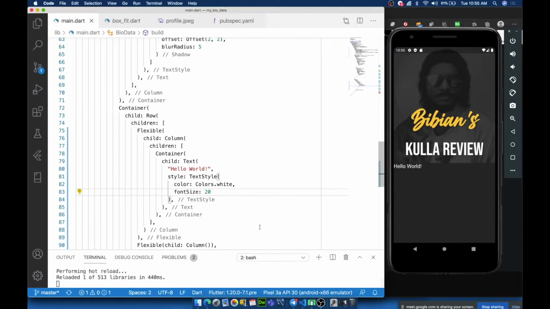Better. Maybe I can increase the size to 30. Yeah. Let me know when you got an output like this.